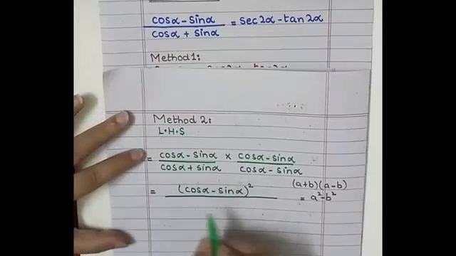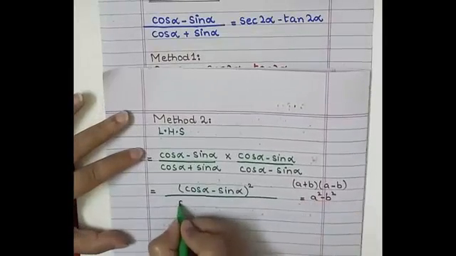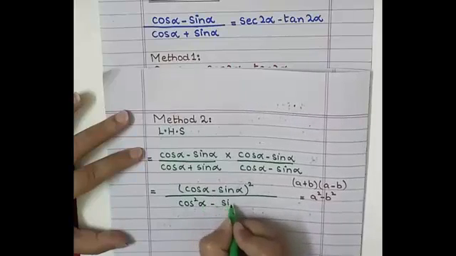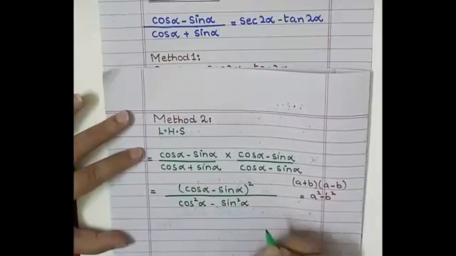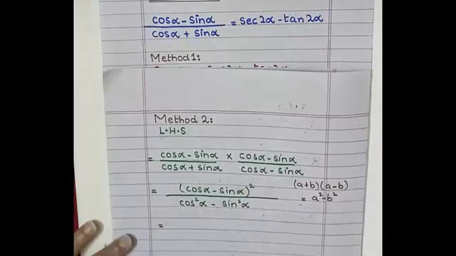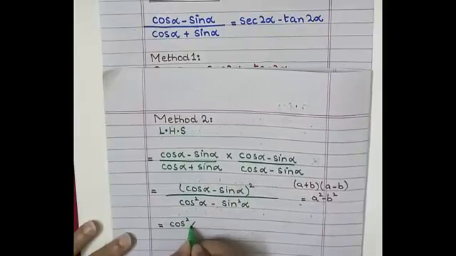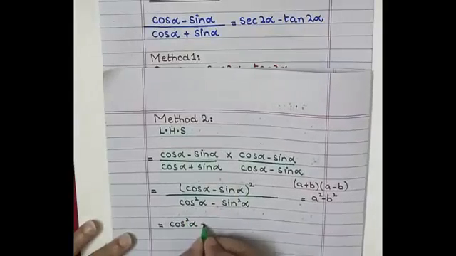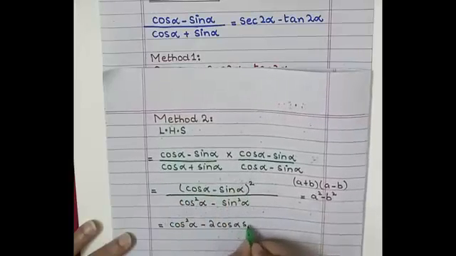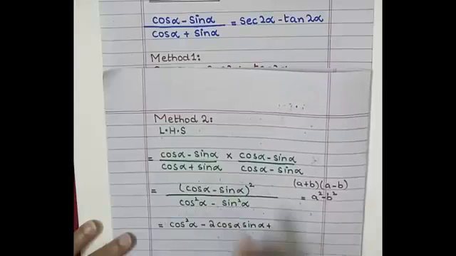So writing it in the form of a square minus b square, we have cos square alpha minus sin square alpha. Now opening the square, a minus b whole square is equal to a square minus 2ab plus b square,